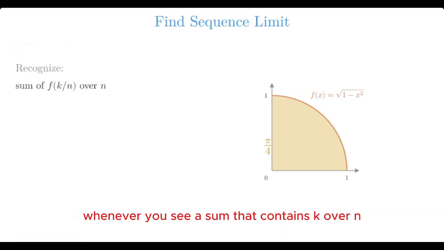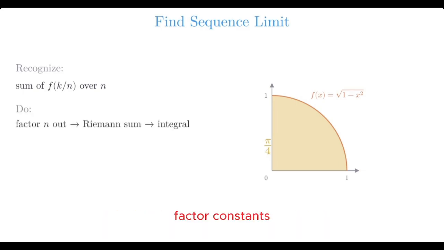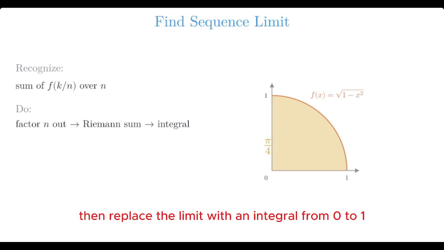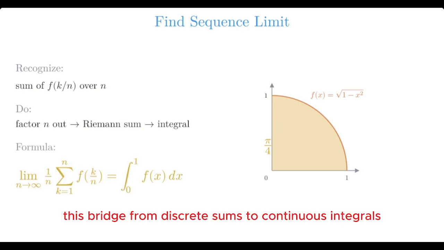Whenever you see a sum that contains k over n inside a function and an overall factor of 1 over n, you're looking at a Riemann sum in disguise. Factor constants out until the sum matches the Riemann form, then replace the limit with an integral from 0 to 1. This bridge from discrete sums to continuous integrals